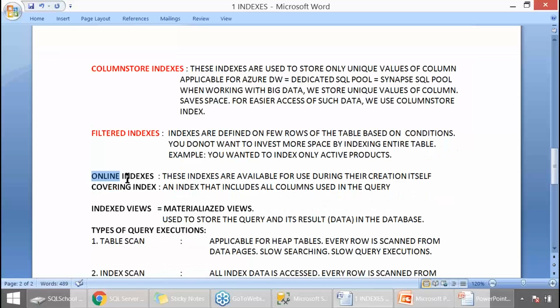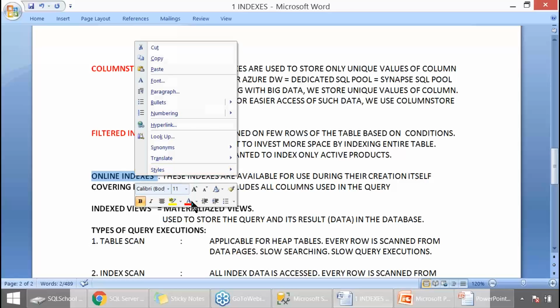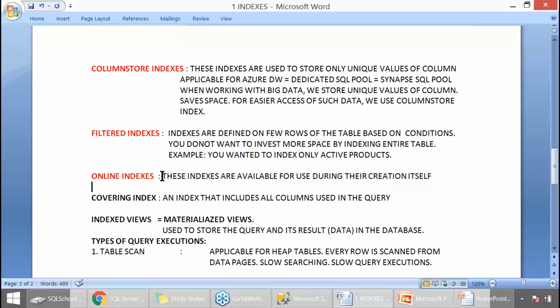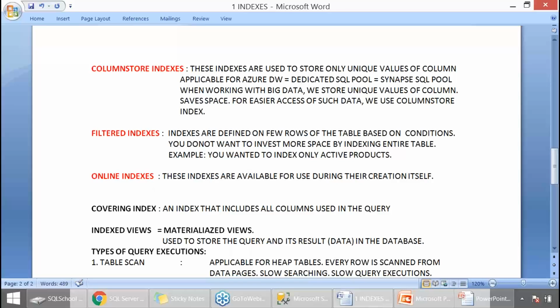Then we have online index. The indexes are available for use during their creation itself. Applicable for very big databases and tables.